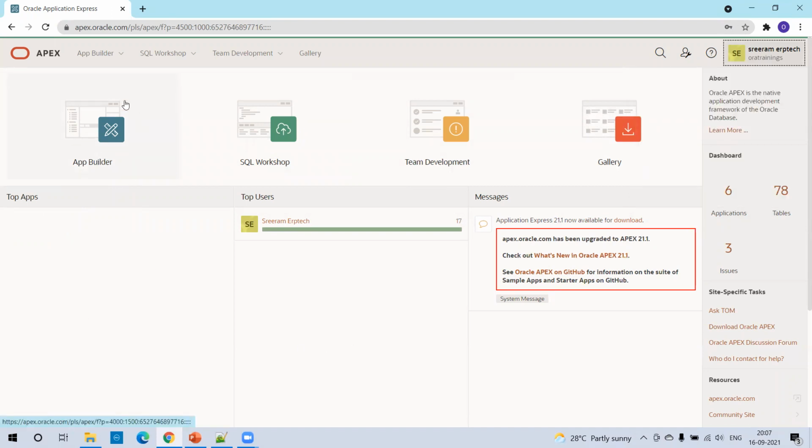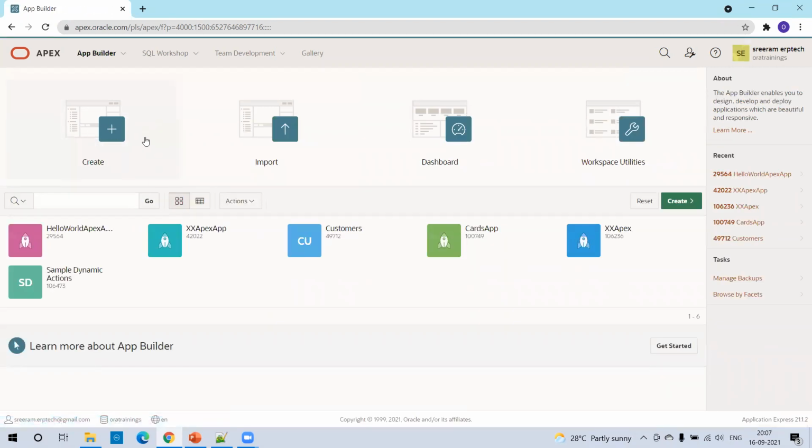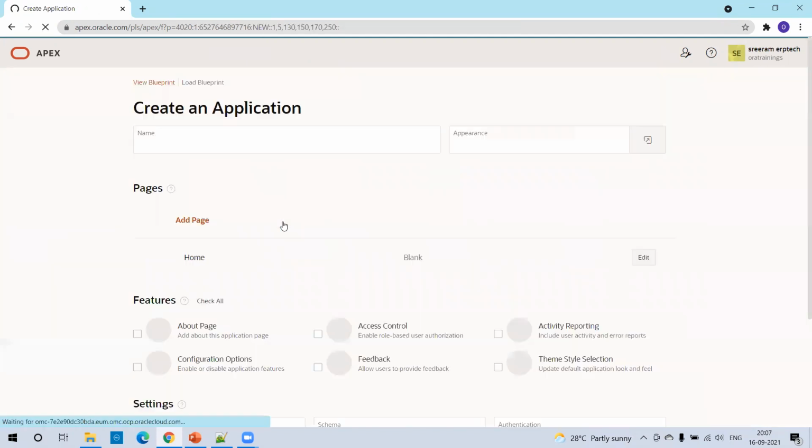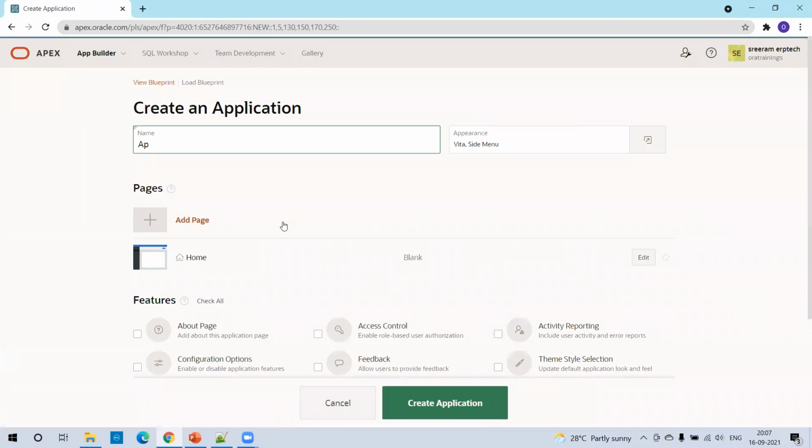We need to create an application. App Builder is a developer component using which we can create an application. Under the application, you can create a page. Let us design one sample application. Now here, if you see, I'm creating an application. So I'll just say application Apex